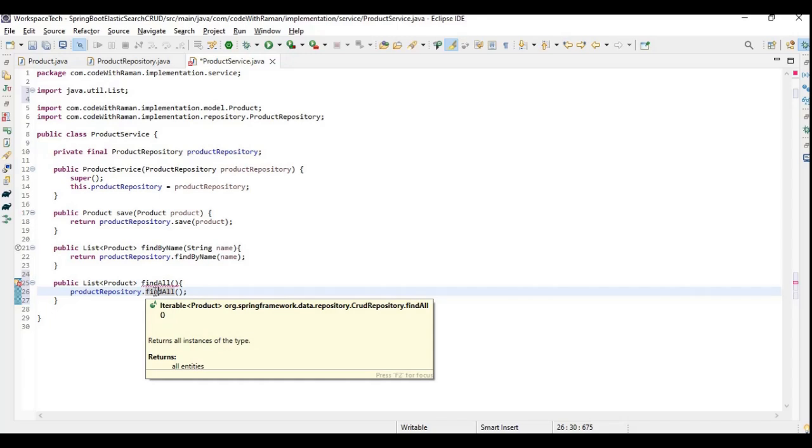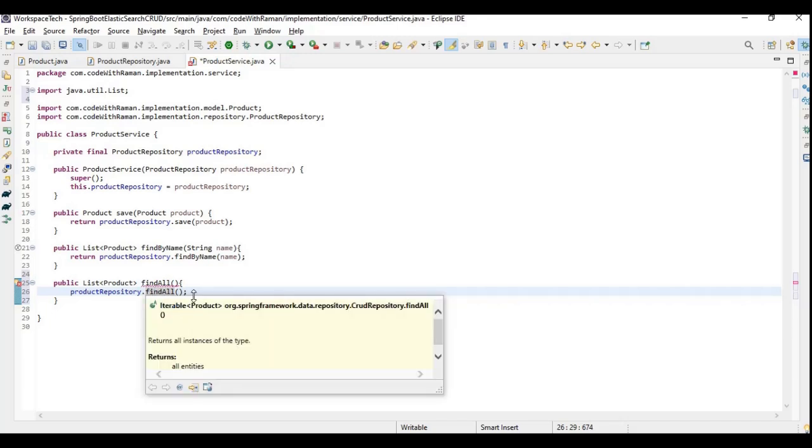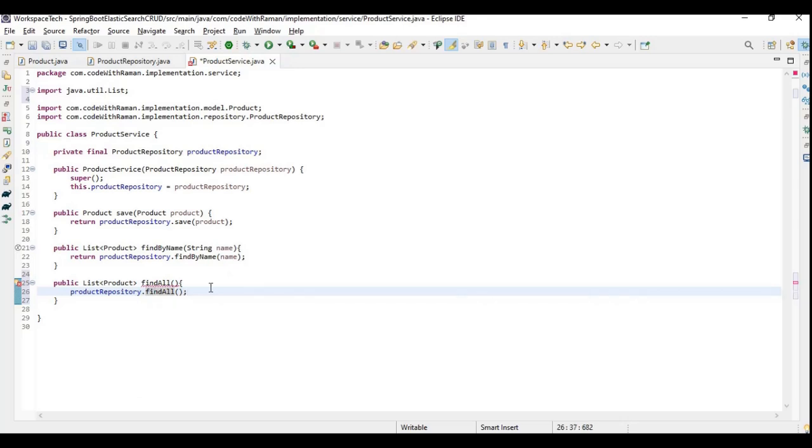So the return type is iterable. Yes, iterable. So we will need to handle this. What we can do is we will need to get the data first. So let me say like a list,